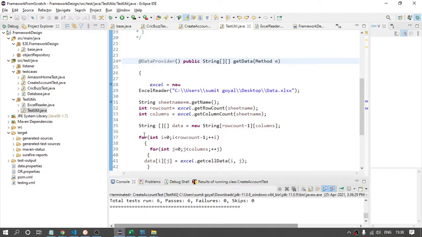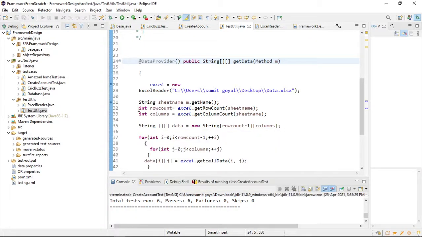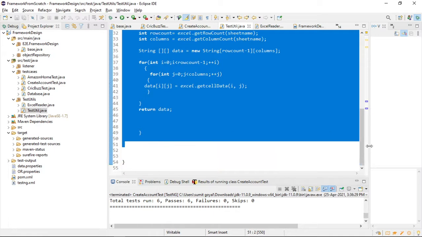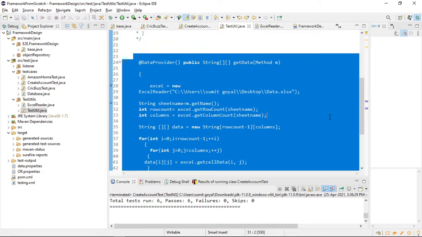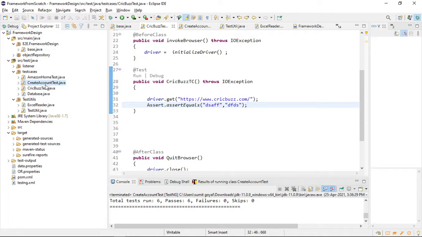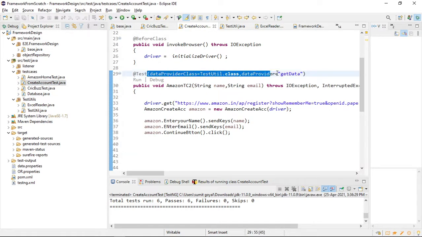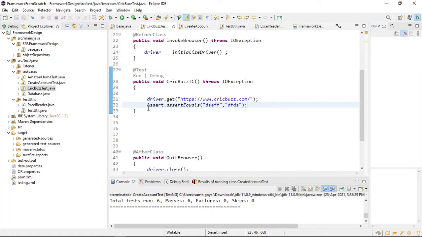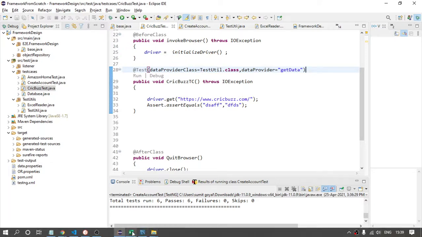So you can place this data provider in the same class. But suppose you want to run 10 test cases, so will you go and write this method again and again? That is not a good option. So the better way is to place this method in one file. Suppose I want to now run this test case multiple times. So now I will again copy this line. I will tell where my data provider is present. So if I copy this, and right after this, now this is where the data provider is present, and it will also make sure to use the same file name.